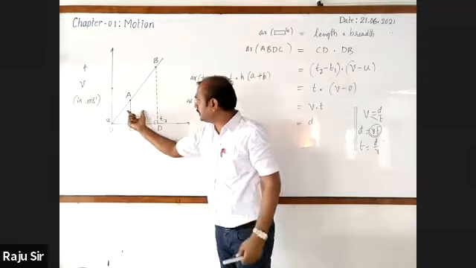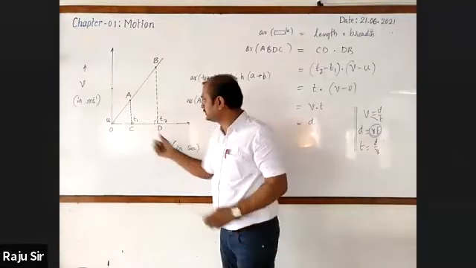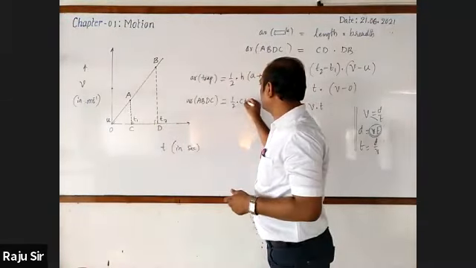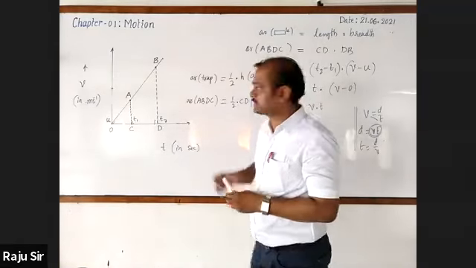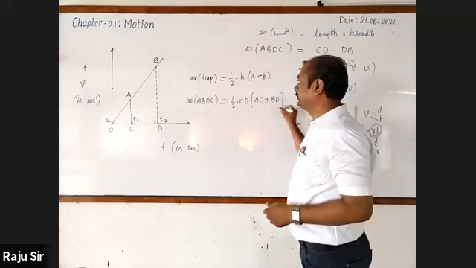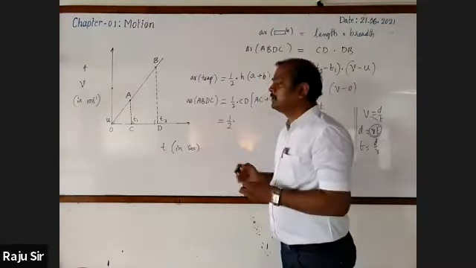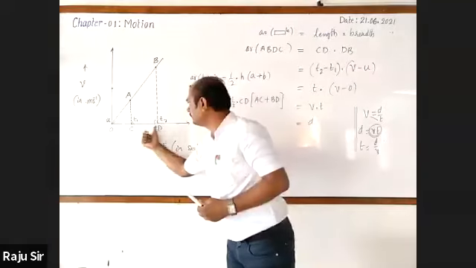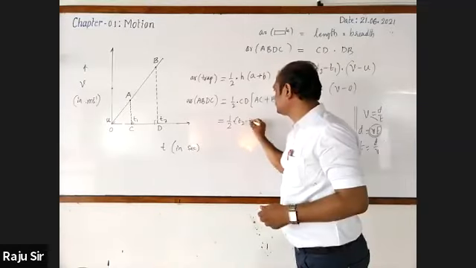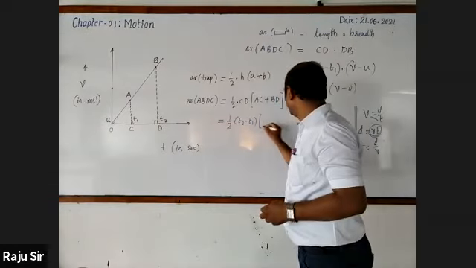The distance between these two parallel lines is the height, CD, into the sum of parallel sides, AC plus BD. This is equal to half into CD. What is CD? T2 minus T1. Very good. It is T2 minus T1 into